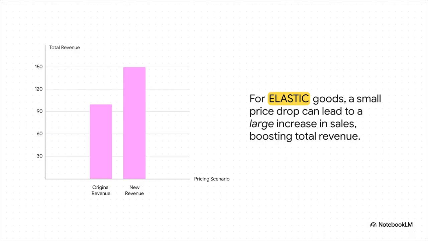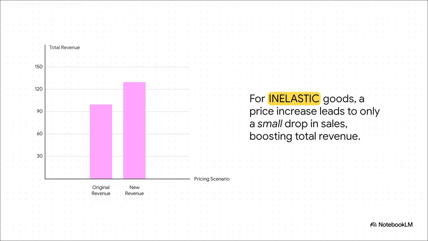Now check this out. Here's the first big strategic move. If your product is elastic, meaning people are super sensitive to the price, you can actually make more money by lowering the price. I know, it sounds crazy, but a small price drop can cause a huge flood of new customers, which sends your total revenue way up. But here's the other side of that coin, and this is a total game changer for business strategy. If your product is inelastic, think about that essential part you make or that software everyone's company depends on, you can actually raise the price, lose just a tiny number of customers, and watch your total revenue soar. You, my friend, have pricing power.